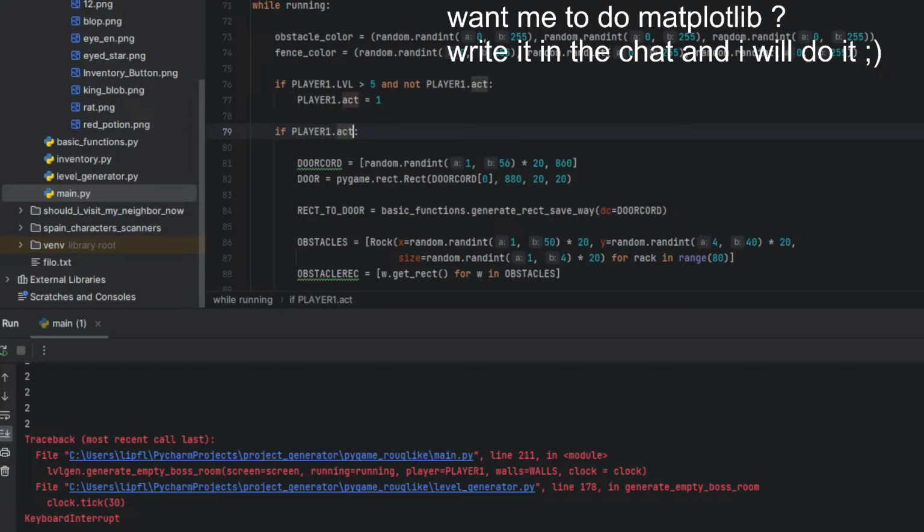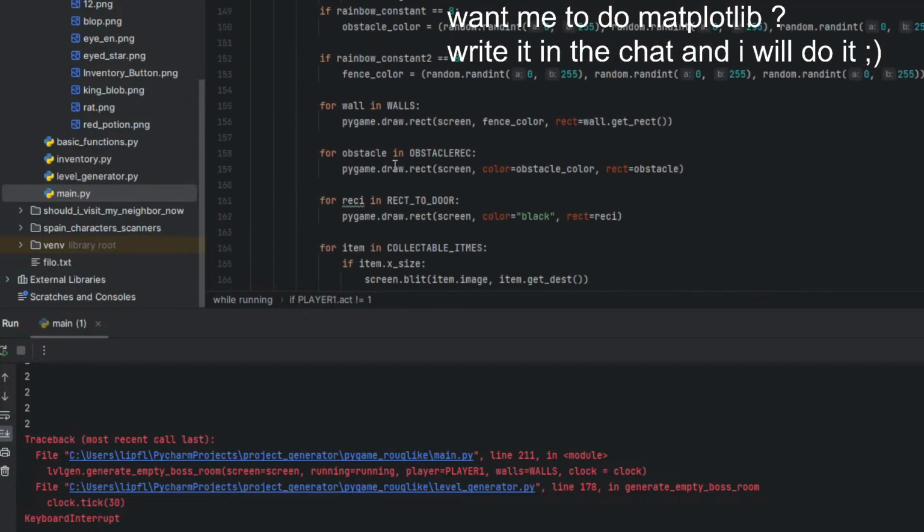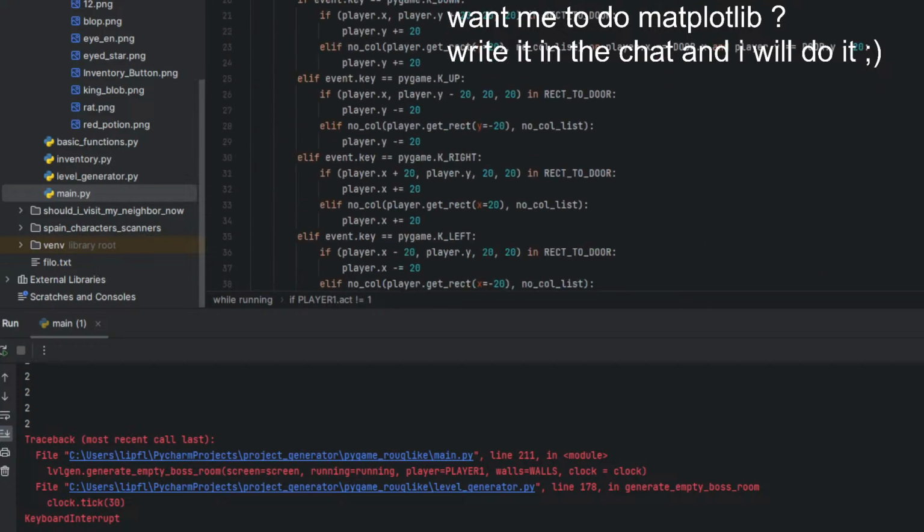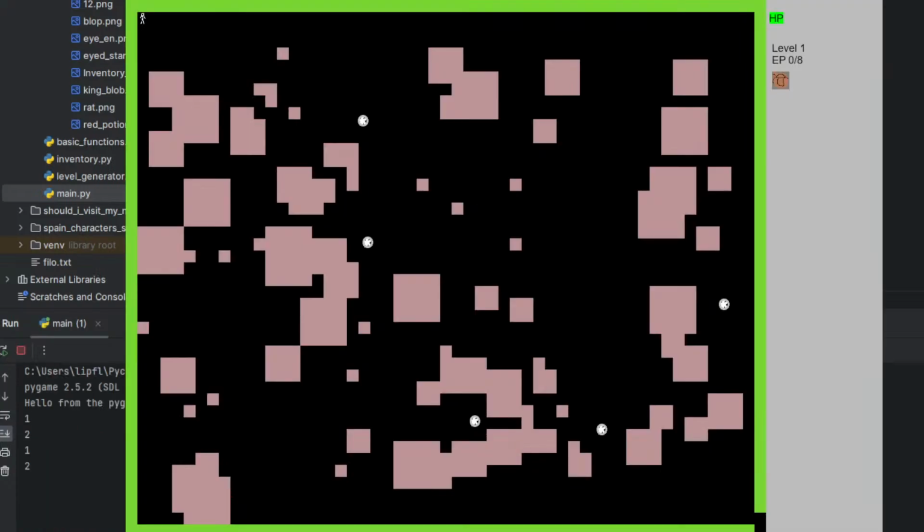If player point act doesn't equal 1, and now it should work if I didn't make a bad mistake. Let's try it out.